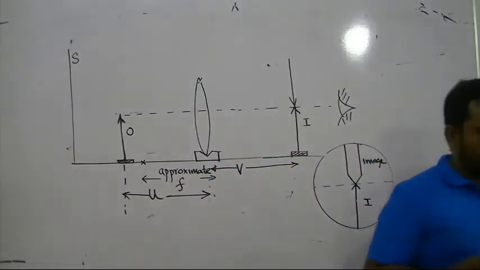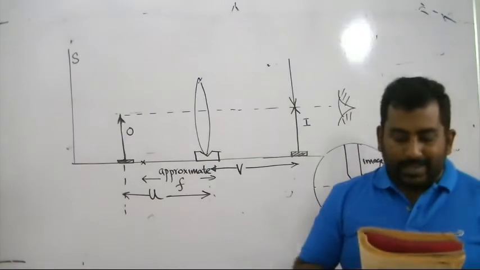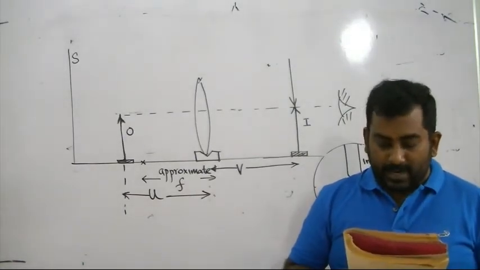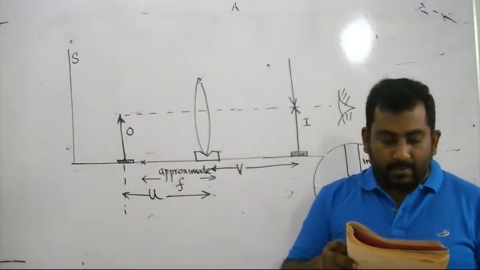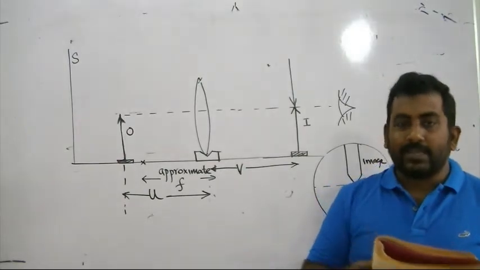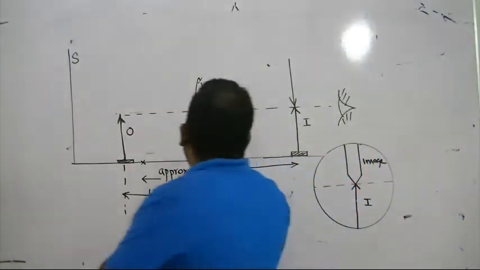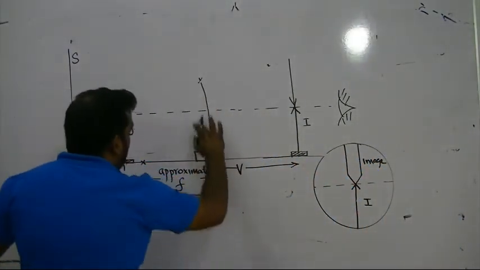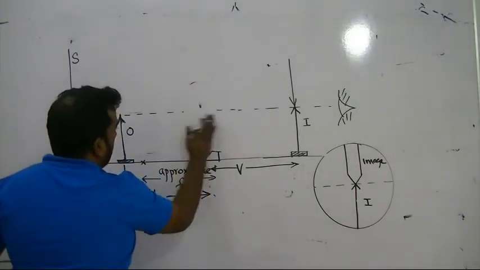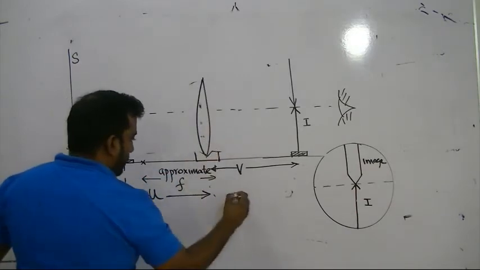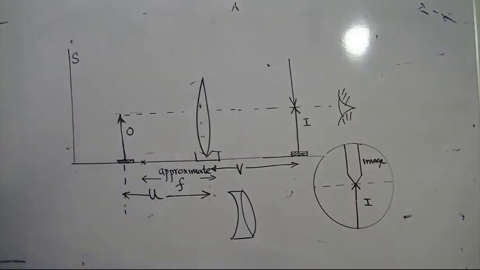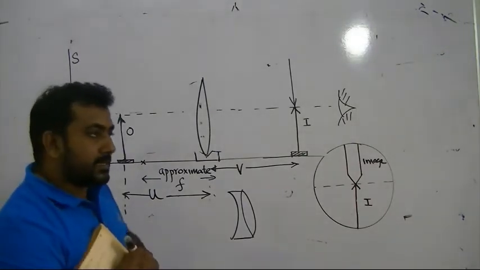Okay now, in a similar experiment, when a certain concave lens is kept in contact with a convex lens, a real image could not be found for any location of the object plane. What is the reason for this? Now we are placing a convex lens and a concave lens together. So this was the practical. Why can't we find a real image?